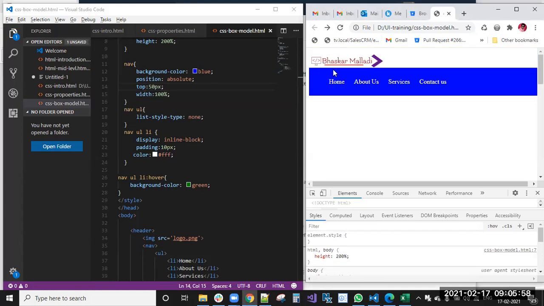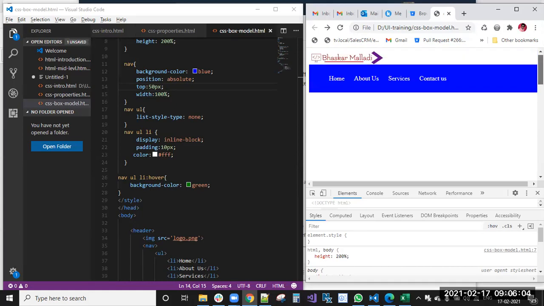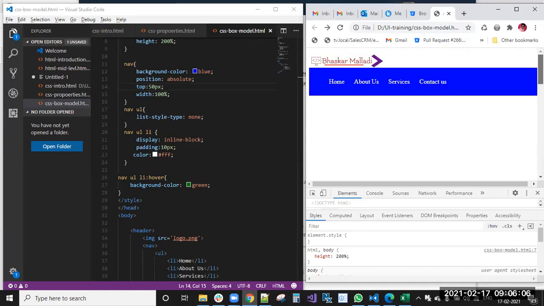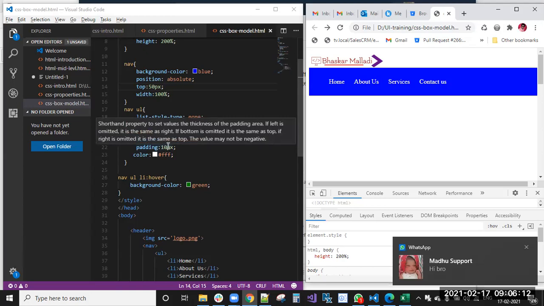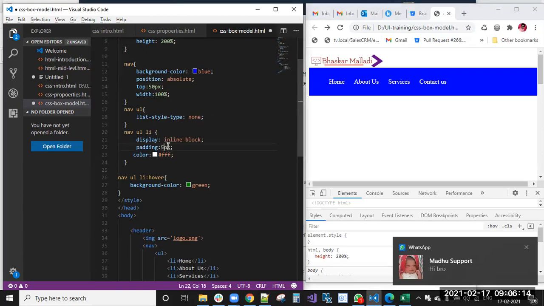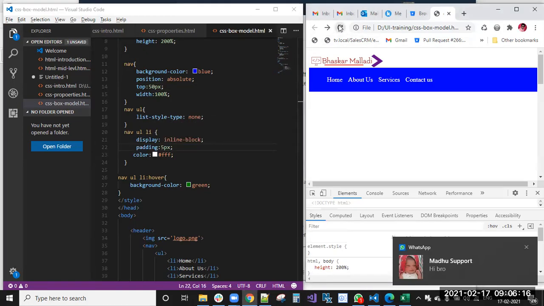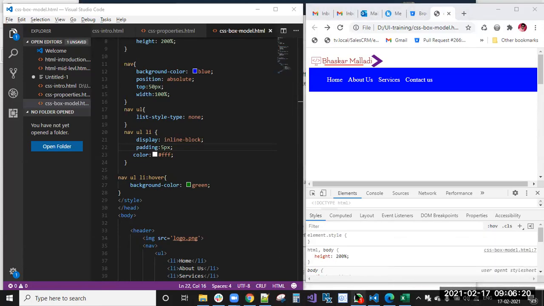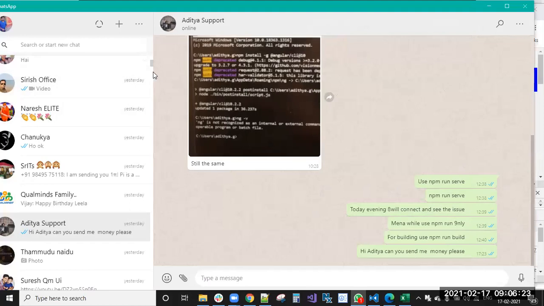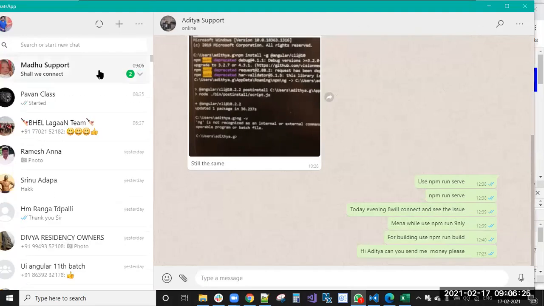Then we can see that logo. If I'm moving, still that position absolute, this one is there, red. This navbar is moving. Still, it is moving. One minute, guys.